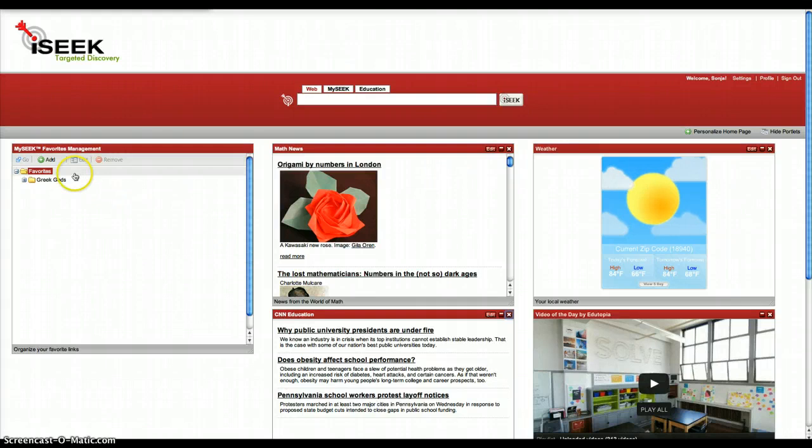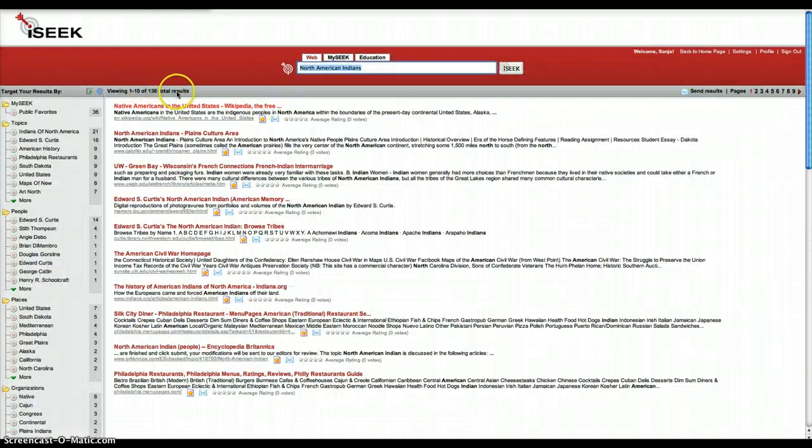The one portlet you cannot add or remove is the iSeek Favorites Management. So it's really excellent that you're able to add searches to the favorites list in iSeek, and then they will stay here and you can access them much more quickly from your page. So let's do a search on North American Indians. Searching North American Indians and clicking on iSeek produces 136 total results, and I can further filter those results by